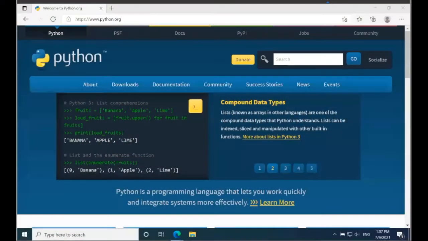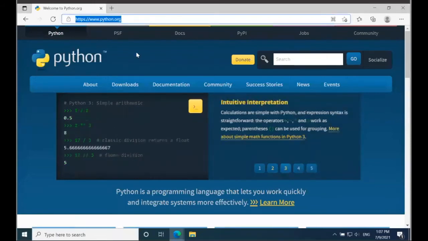In this video, we're going to be installing Jupyter Notebook in Windows 10. Now, this is a fresh installation of Windows 10, so I actually don't have Python installed in the system. So the first thing I'm going to do is navigate to python.org, and on the website, I'm going